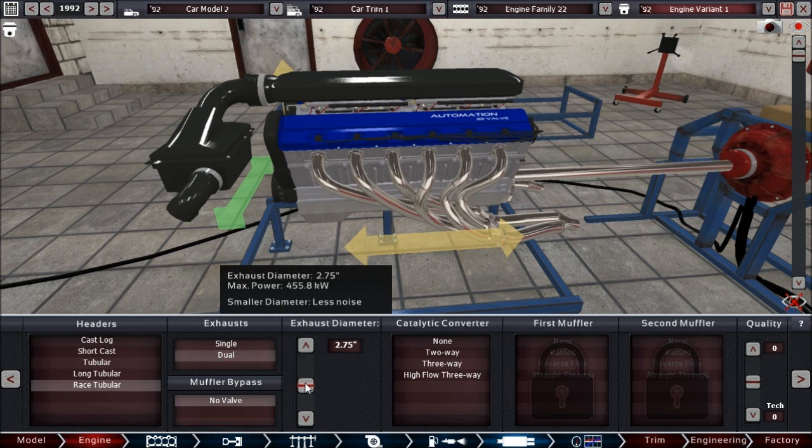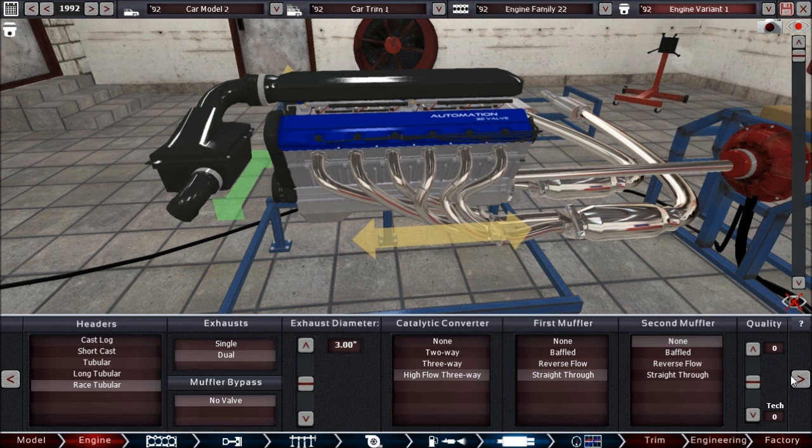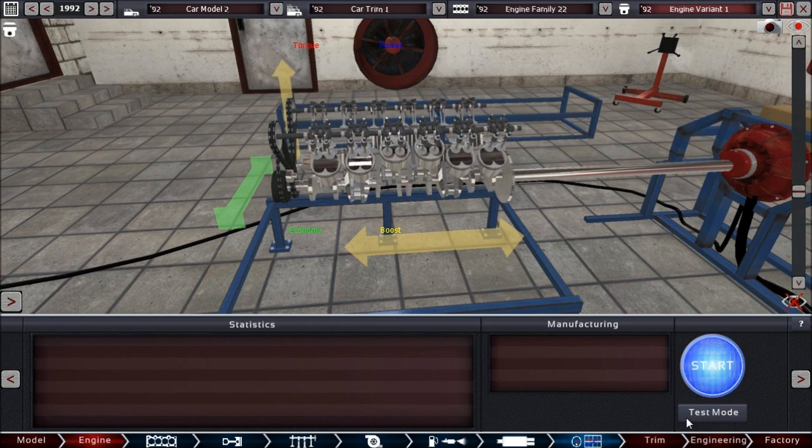Alright, dual exhaust. We are... yes, so here's the thing. The competition makes 468 kilowatts, or that's what they are aiming for at least, and 651 newton meters of torque. That is 627 horsepower and 480 foot-pounds of torque. And they are revving to 7,500 and have peak torque at 5,600. So, if we're going with this, then we have too little power. If we go with this, then it's fine. High flow cat, yes, and straight through. Alright, let's test this. Should be running...